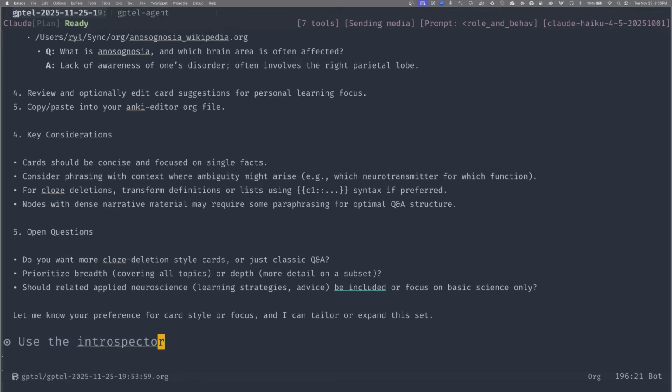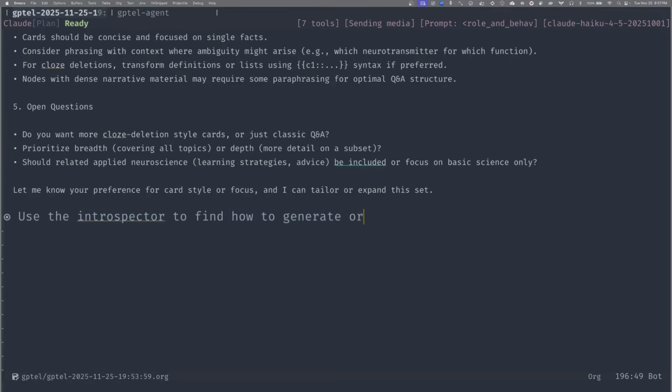Use the Introspector to find how an Anki editor org entry should be formatted for use with Anki editor, like headings in exact Anki editor format.